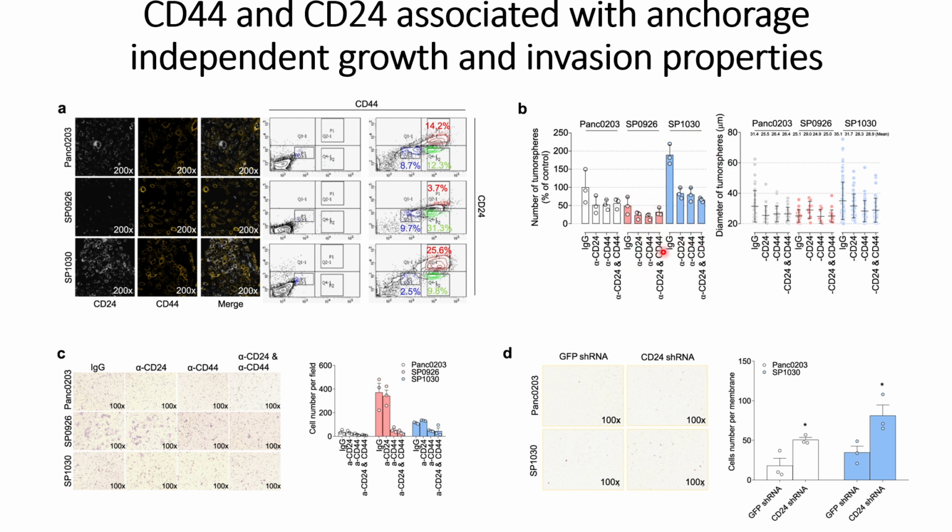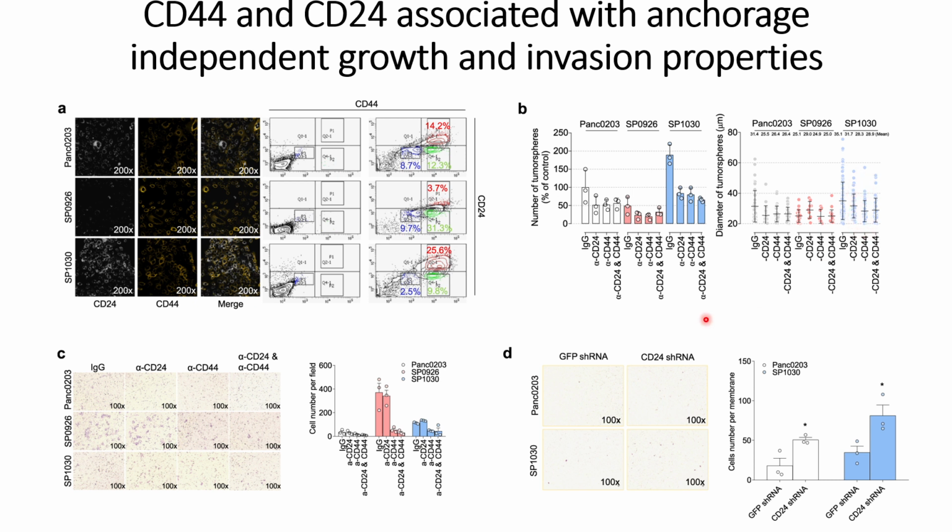However, for the case of SP1030, the tumorosphere gets affected by both anti-CD24 and anti-CD44. And then about the diameter of this tumorosphere, it also does not have too much effect, but some reduction has been observed for CD24